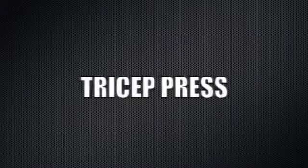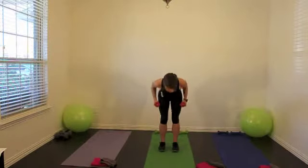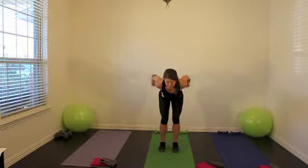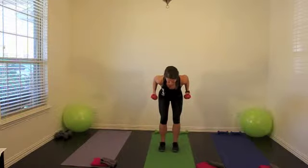Okay, a tricep press or a tricep kickback. Your back is straight, slight bend in your knees, and you bend forward at the waist. Your head is up. Your upper arms are parallel to the floor at a 90-degree kind of angle, and your upper arm is stationary, so it's really just the lower part of your arm that's moving. And you use your tricep to lift the weight to a full extension,